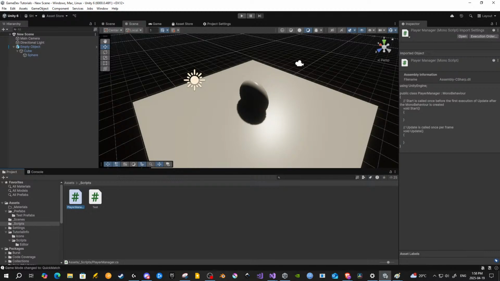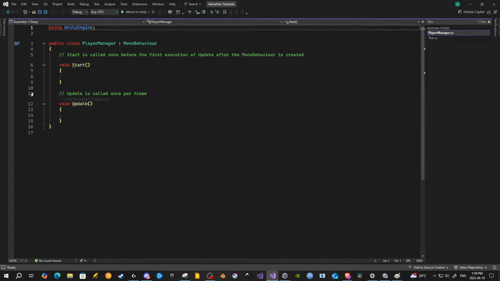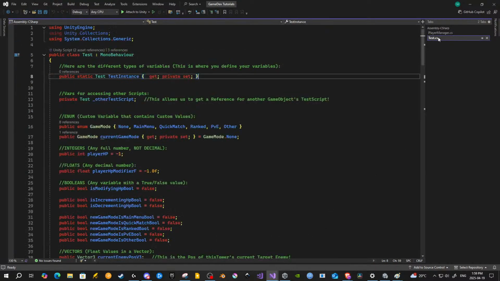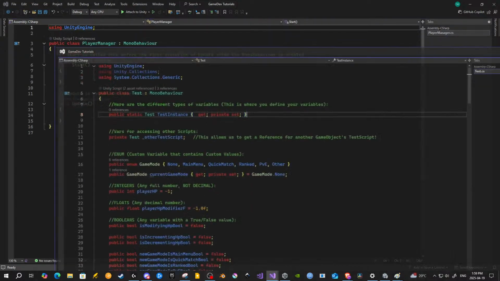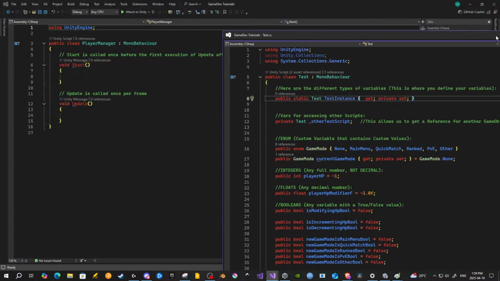So in this case, the player is only doing inputs, but he's not controlling a player character, right? In the prototype, rather, I'm currently gonna show you in our game dev tutorials, I'm gonna be making an actual player character, so that's why I named this player manager, right? So we double click it, it opens, and now, hold on, we're gonna start copy pasting a lot of the